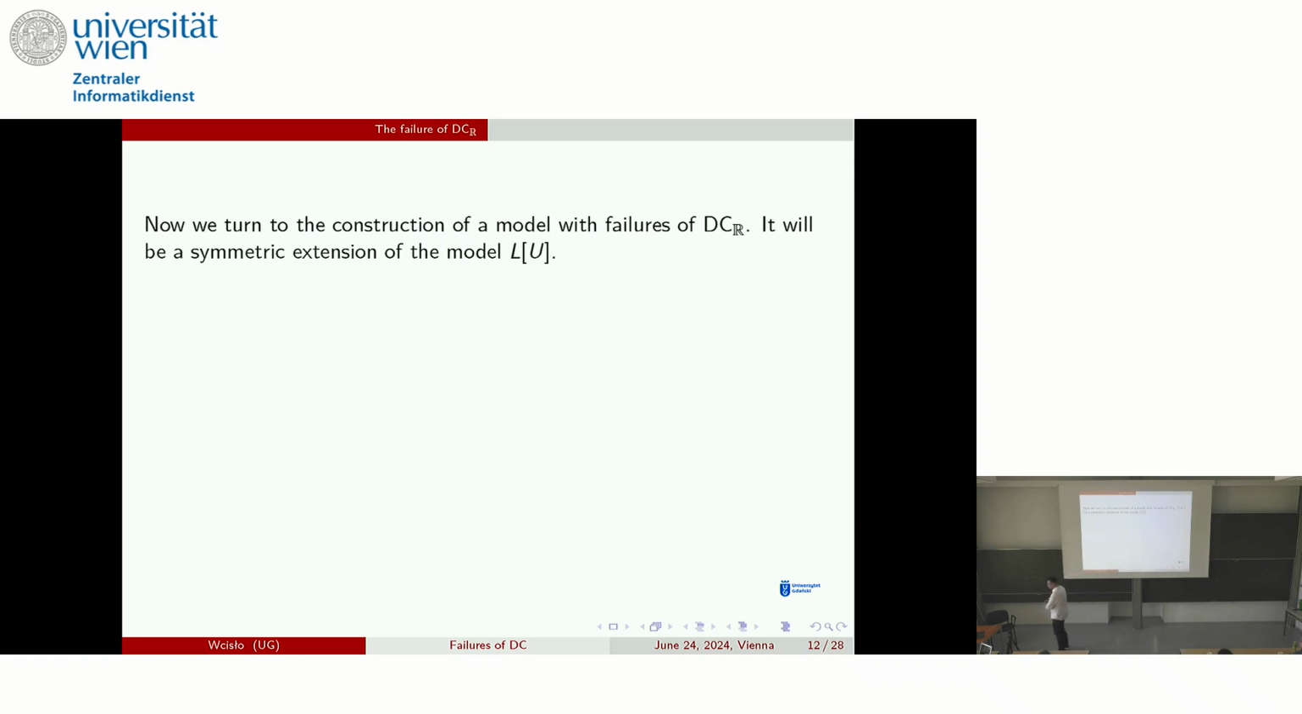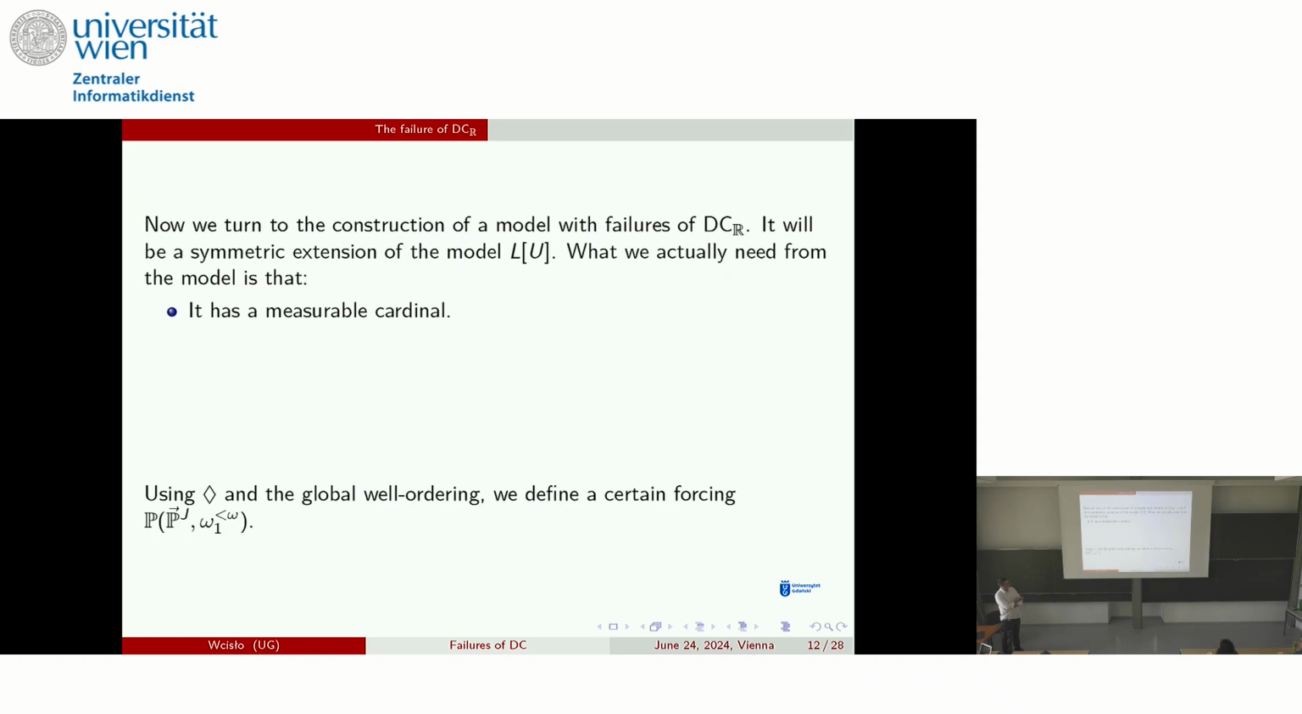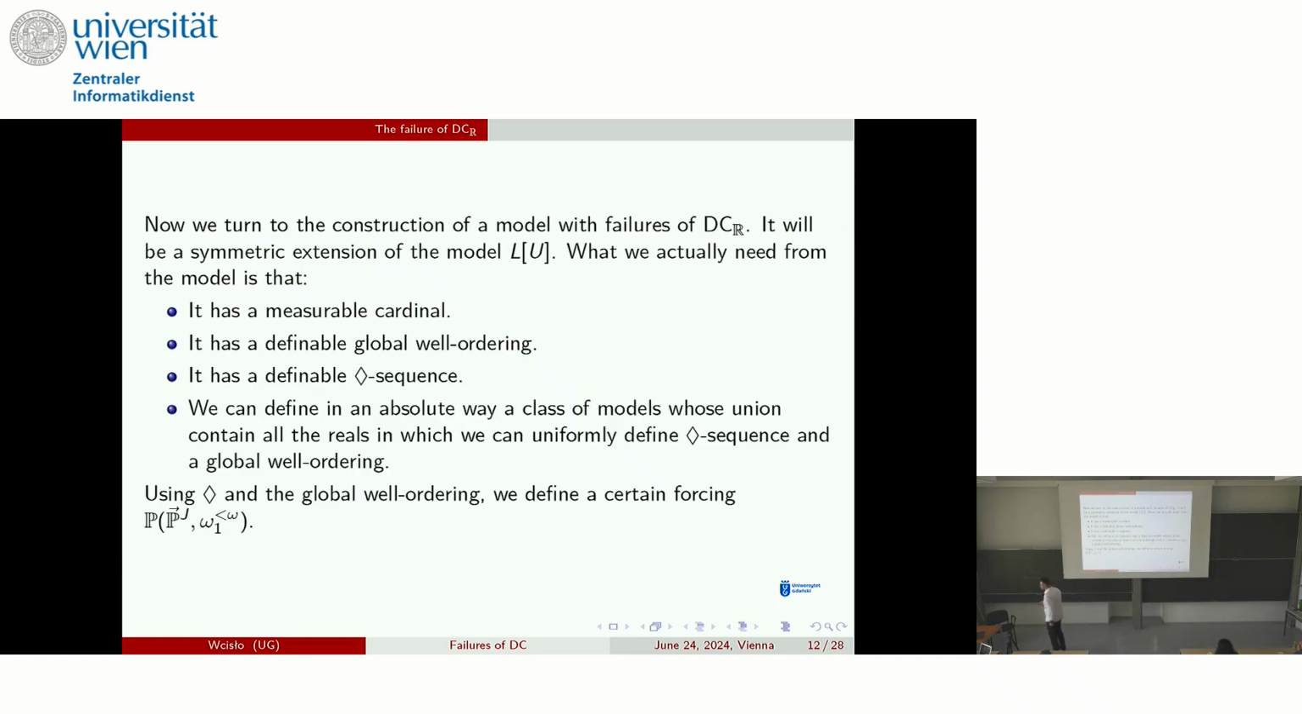Okay, so now let's try to see what the model would look like. As I said, it will be a certain symmetric extension of the model of U. What we'll actually need is that it has a measurable cardinal and a definable global ordering. By the way, I'm not trying to put abstract conditions on this model. I'm not claiming that whatever satisfies this will make the proof go through, because maybe there is some small clause that I forgot to put in, with a bit more technical and awkward definition. But generally what we'll use is that it has a measurable cardinal, a global ordering uniformly definable in a way, a definable diamond sequence, and a class of models which can uniformly form a global ordering,